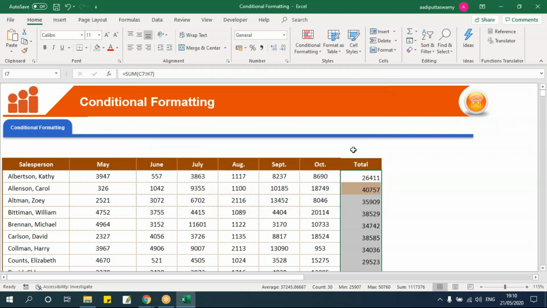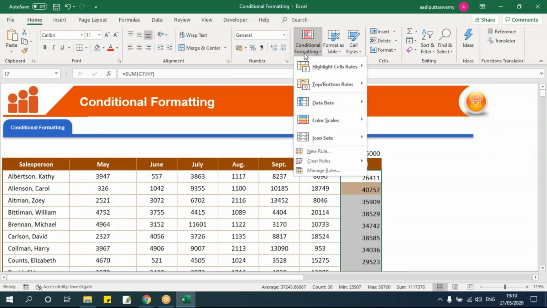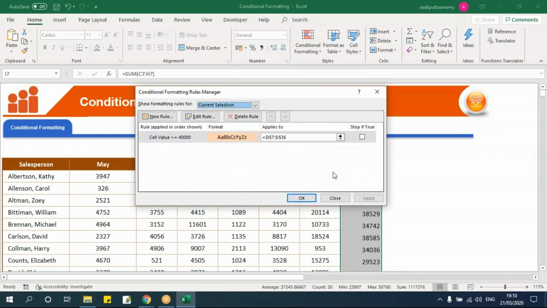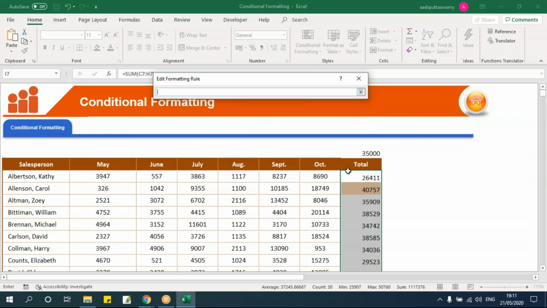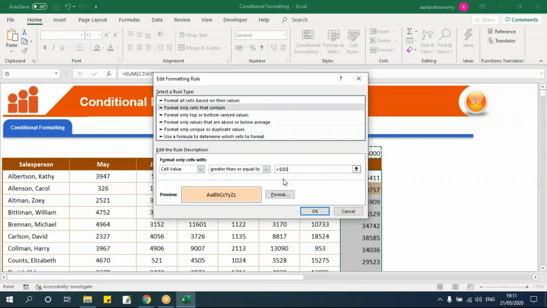I'll close this. I will give a cell wherein I can reference the value which has to be shaded. Conditional formatting, manage rules, edit, select this and I can say edit or double click. Now here instead of this 40,000, I will select this and select the cell which I need to mention here.